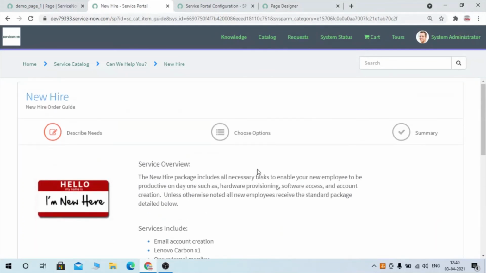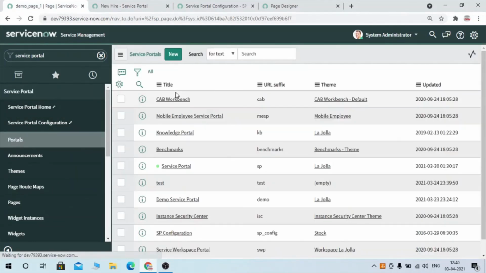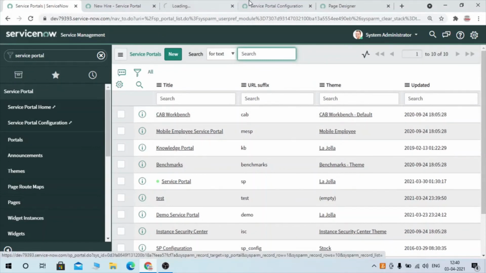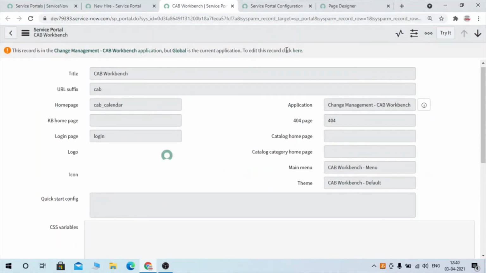First you have to add that widget on the page, and then you can add that page on the portal. So we could see here how it looks. Now what we can do is go to the Service Portal and add our demo page on any portal, like this portal, Cab Workbench.